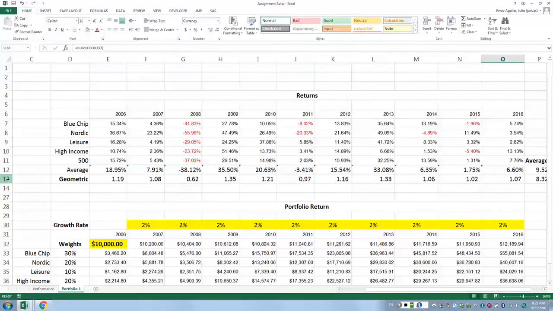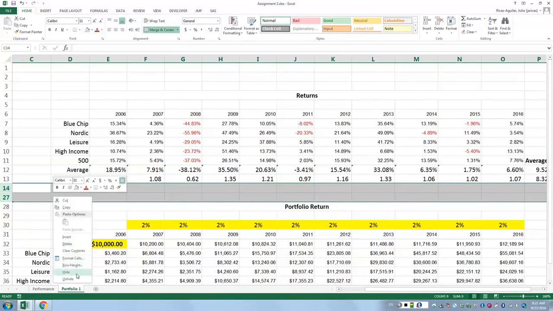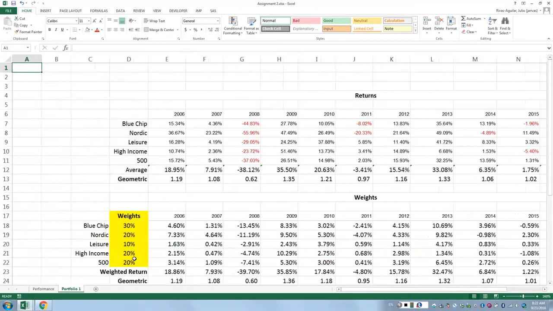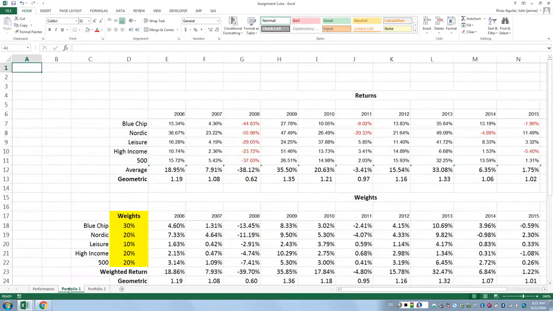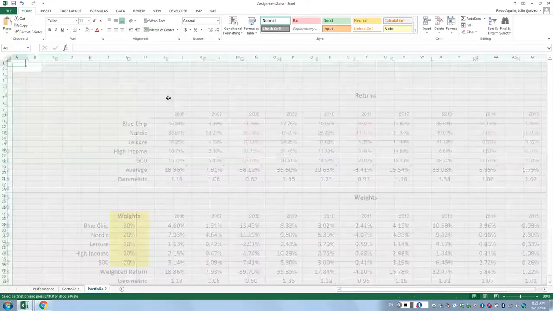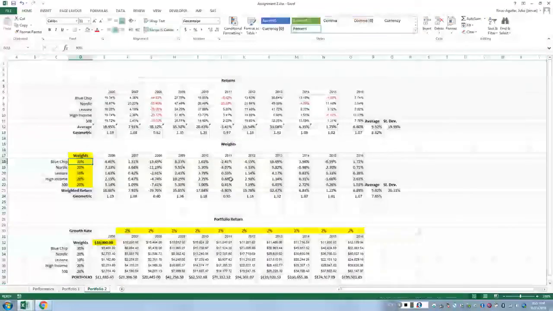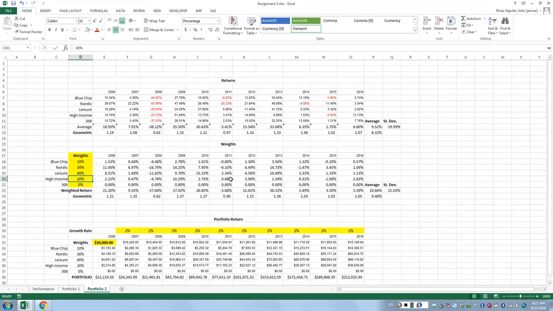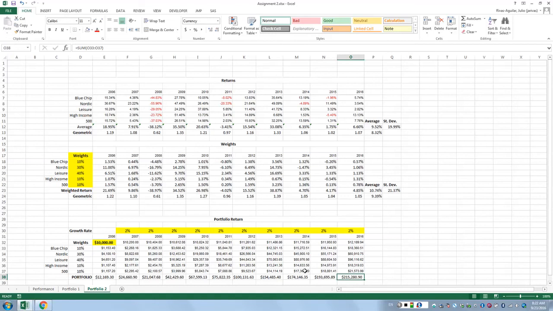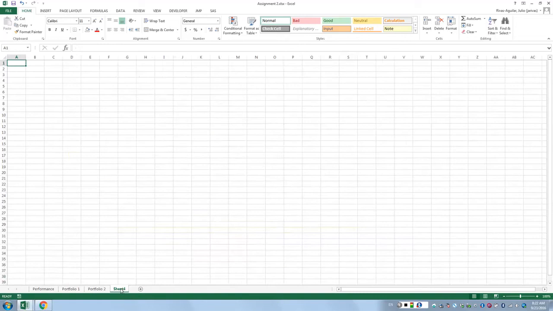Once this is complete, I'm gonna unhide what we have here. Okay, this might take you a little bit of time. We're gonna do this 5 times. Now that's the bad news, right? The good news is that once it starts working, you can just copy and paste and just change the weights, whichever weight you want. And everything should change automatically, right? Everything should change automatically.